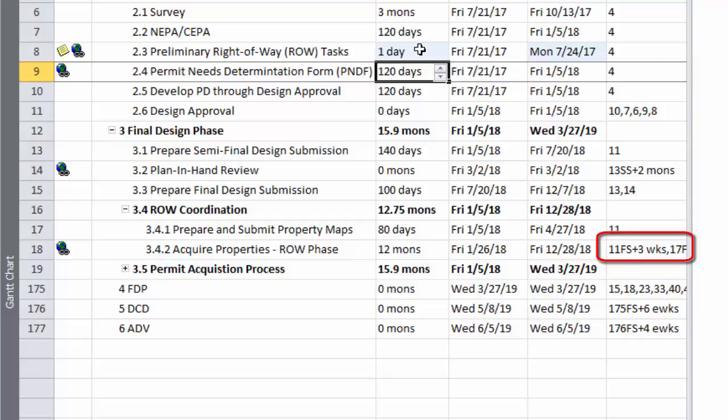During this 3-week period, the lead designer should be working with the right-of-way coordinator and central surveys to prioritize the generation of critical path property maps. After 3 weeks, the right-of-way phase is typically initiated and the Office of Rights-of-Way may begin work to acquire any